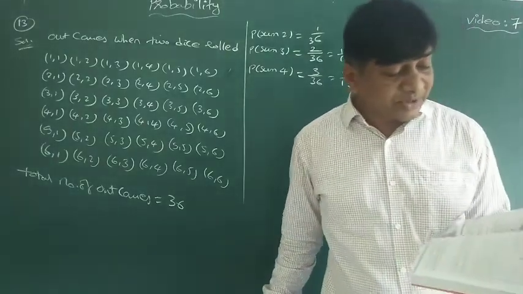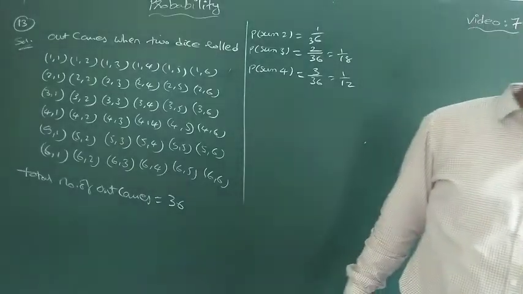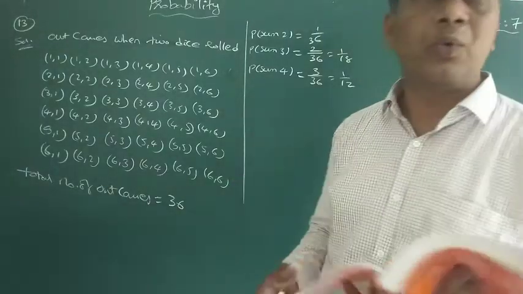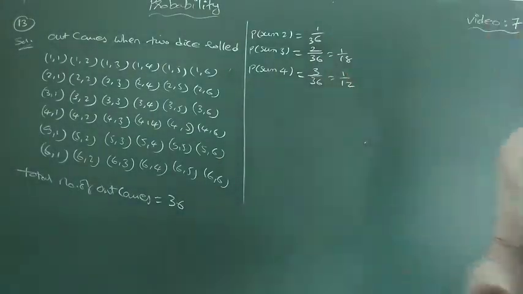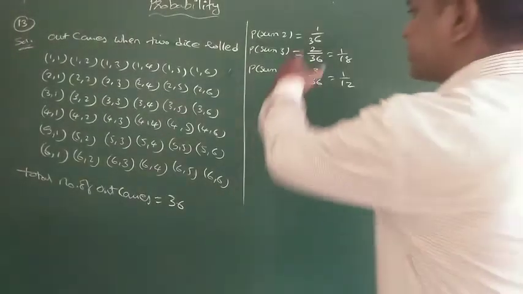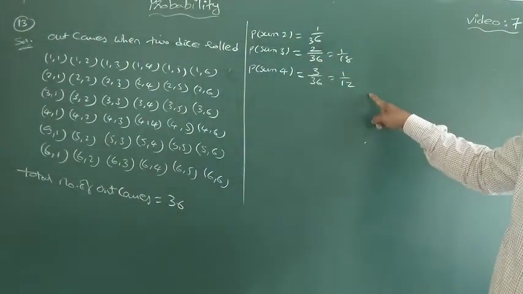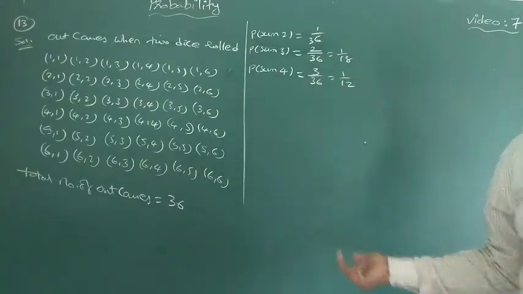Now, a student argues that there are 11 possible outcomes, and therefore each of them has a probability of 1 by 11. Do you agree? No. Why don't you agree? Because every time you get different probabilities. When I did this solution, I got different probabilities: 1 by 36, 1 by 18, 1 by 12, then 4 by 36, 5 by 36,